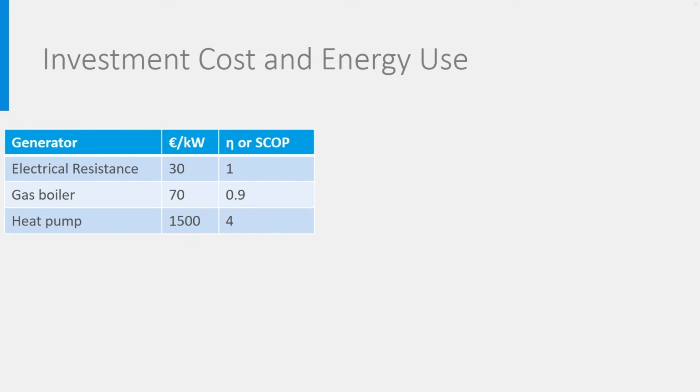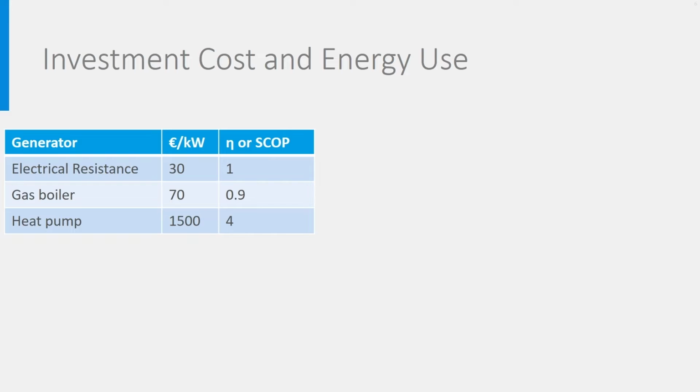The first column in this table shows an example of price of diverse generators. Be aware that these prices may change quickly and may not be representative of prices in your region. But the point here is that there are large price differences between technologies. The price is given in euro per kilowatt, so the price is a direct function of the nominal load. The second column gives the assumed efficiency of the technology.